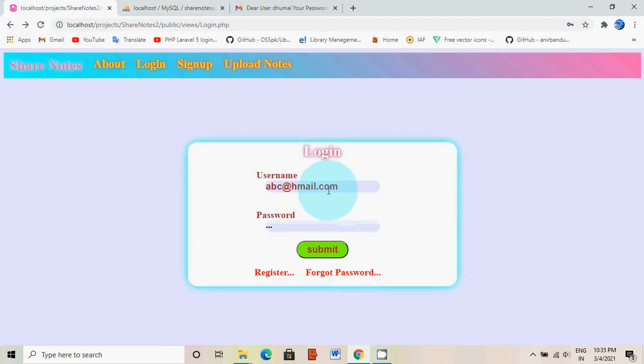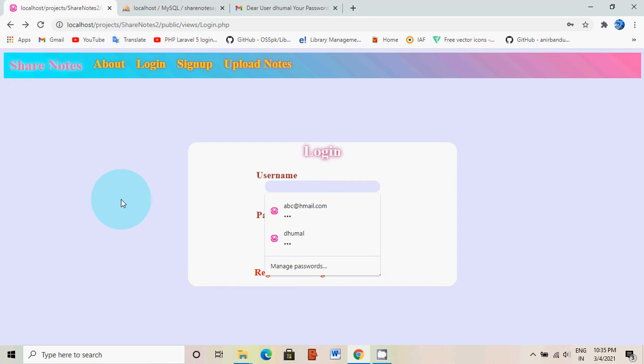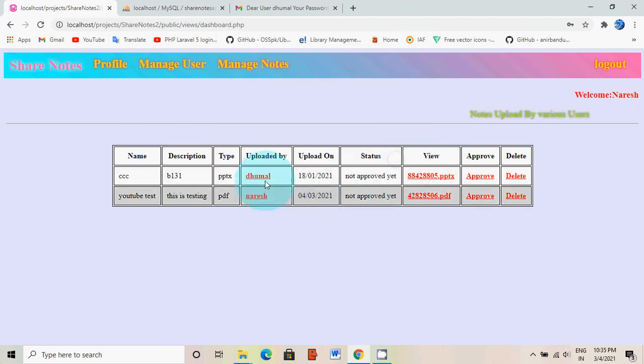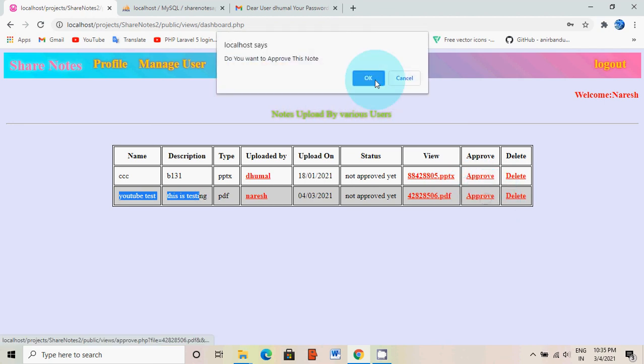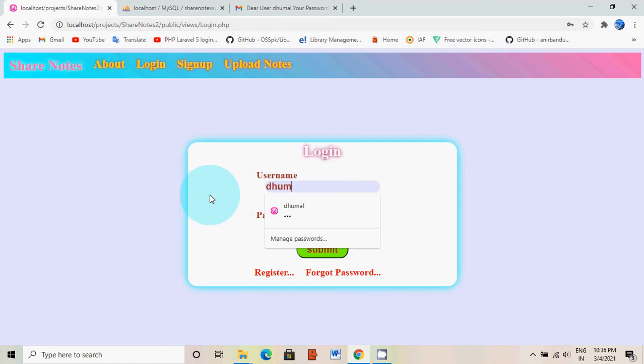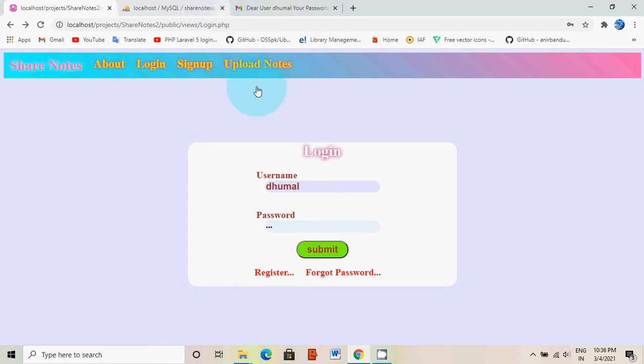Also we can approve a note. This is a test. Yeah, just approve it. I go to the student profile. We just recently changed the password.